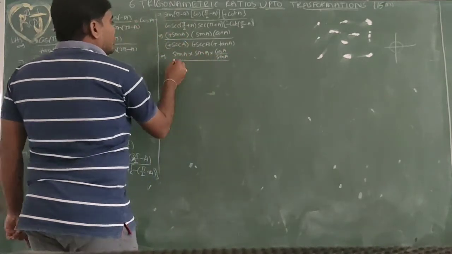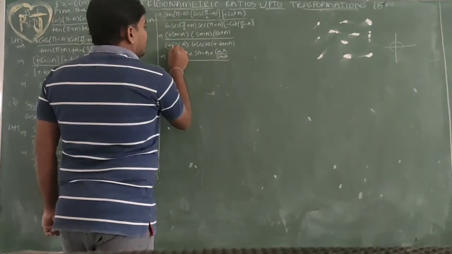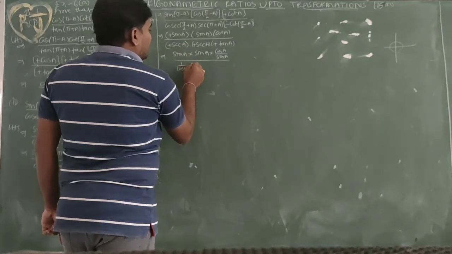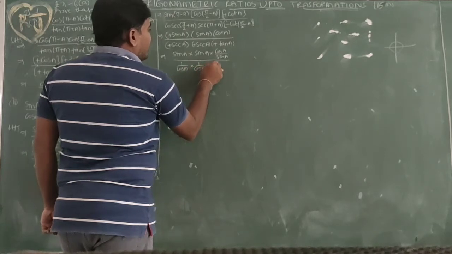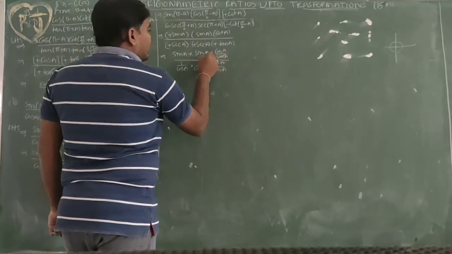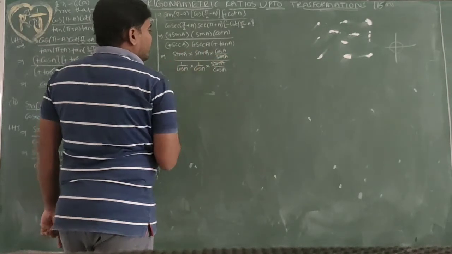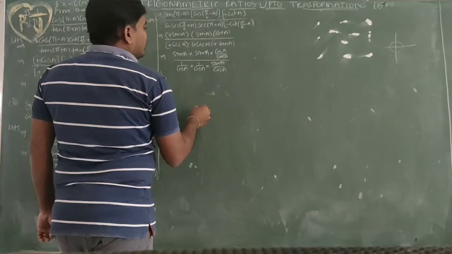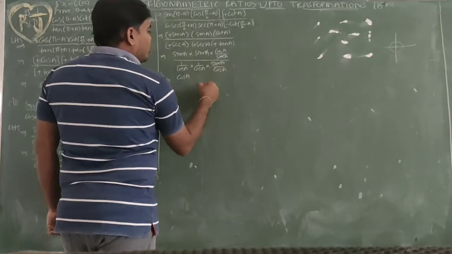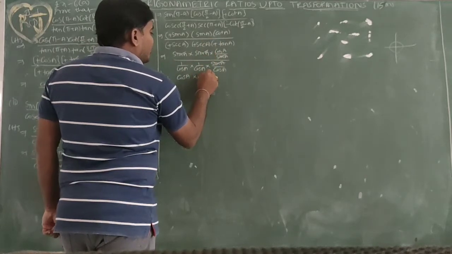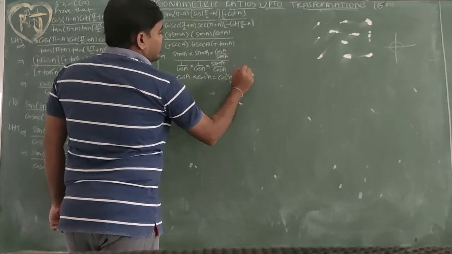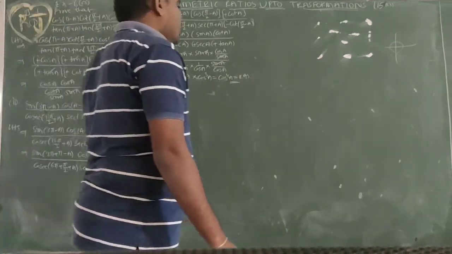So this is sec a equal to 1 by cos a, into 1 by cos a, into tan a, which is sin a by cos a. So sin a cancels, sin a cancels. So next, here cos a. So this cos cube a comes to the numerator, cos cube a into cos a equal to cos power 4 a. This is equal to RHS. So this is also true.